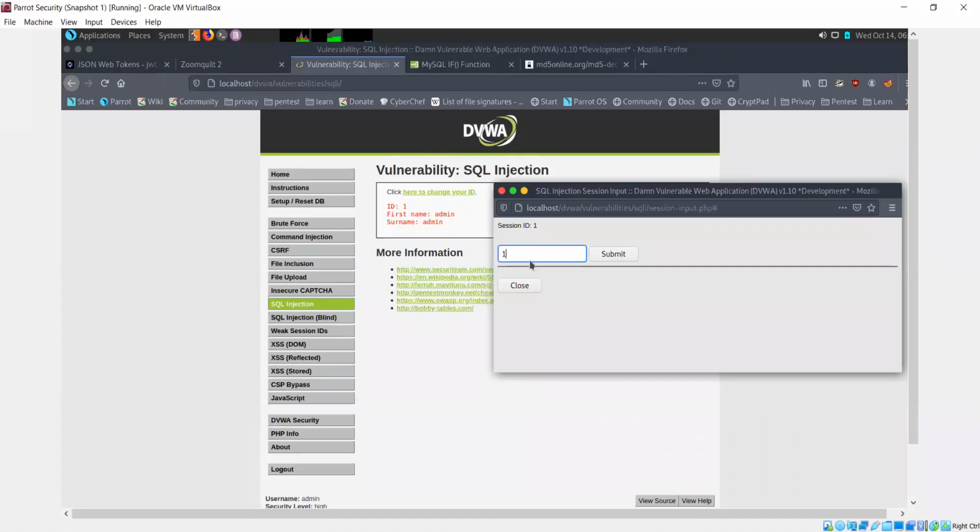Now let's try our previous payload, the first one that we used, 1 or 1 is equal to 1. Let's see if that works. It is not working here. Okay, let's see whether making a small change, adding an afterthought, makes a difference. Even that is not making any difference. Sometimes you need to keep trying until you find something that sticks.